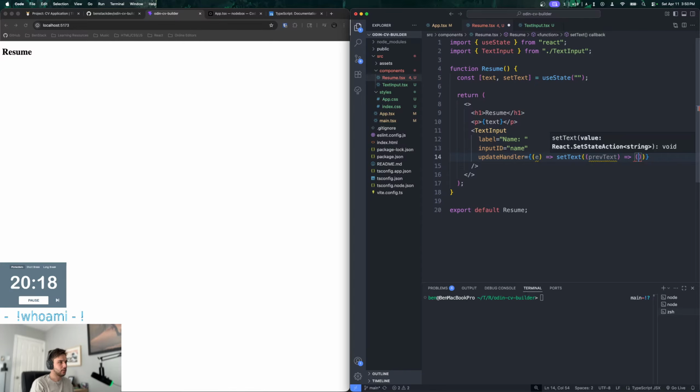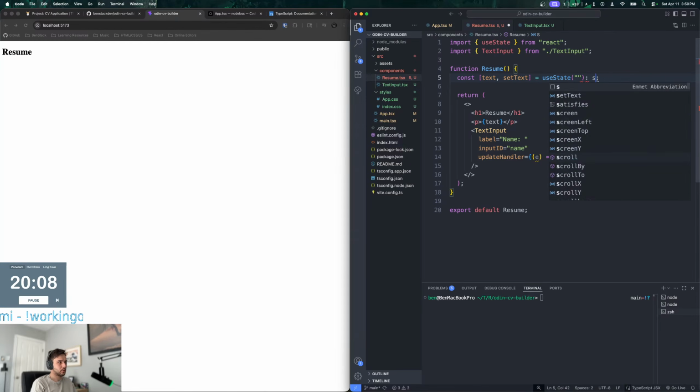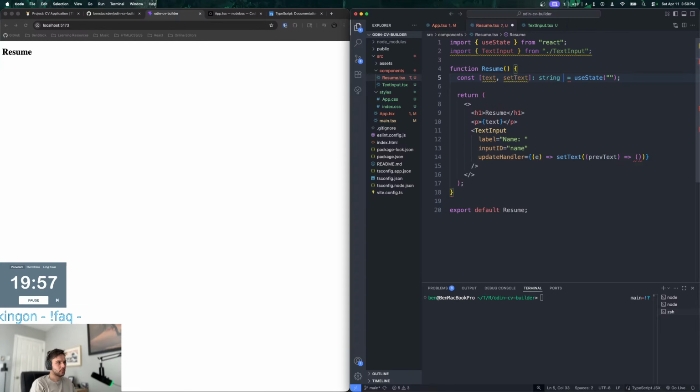This was the brackets. Use state can be typed as well. For your text state, it could be typed as use state string undefined. Oh, interesting. So like this. Would it be typed here? Like that?